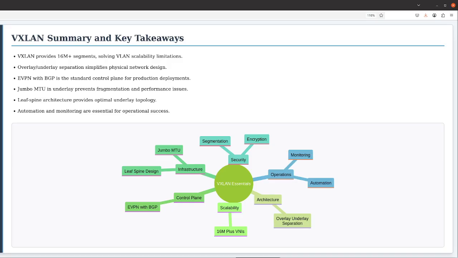VXLAN summary and key takeaways. Let us recap the essential concepts and key takeaways from this comprehensive VXLAN presentation. Understanding these fundamentals will help you design, deploy, and operate successful VXLAN networks. VXLAN solves the fundamental scalability problem of traditional VLANs. The 24-bit VNI provides over